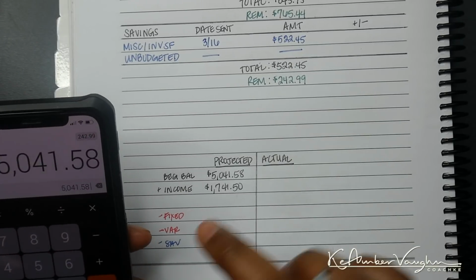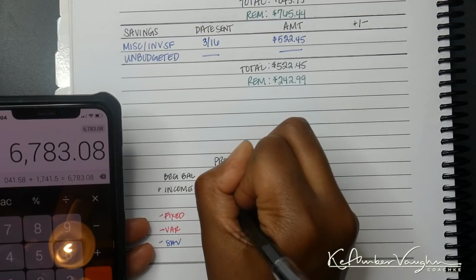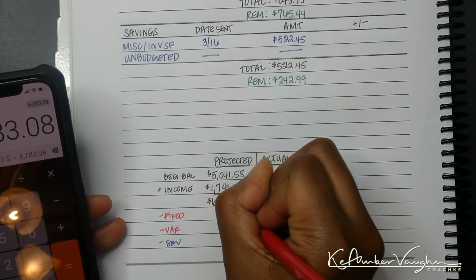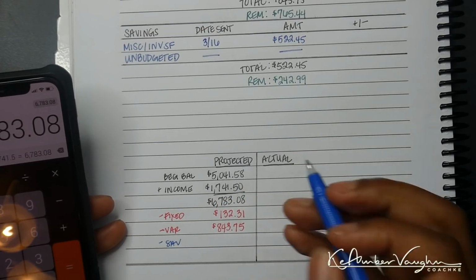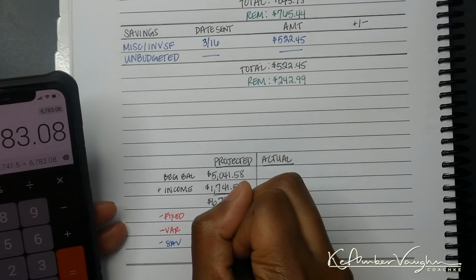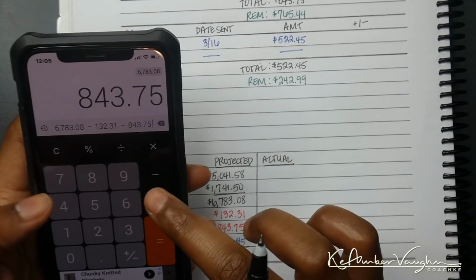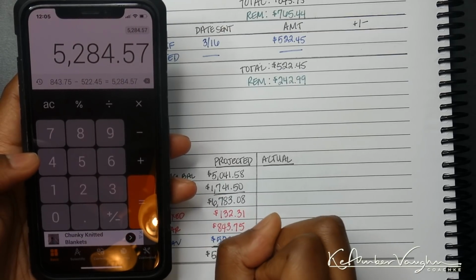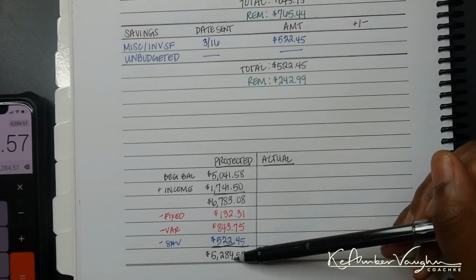So let's calculate that. That leaves us with $6,783.08. Then our fixed is $132.31. Variable is $843.75. Then savings was $522.45. All right, so we're just going to subtract this out. And that leaves us with a balance of $5,284.57. So essentially, because I start my budget at $4,000 every single month, I basically have almost $1,300 after this